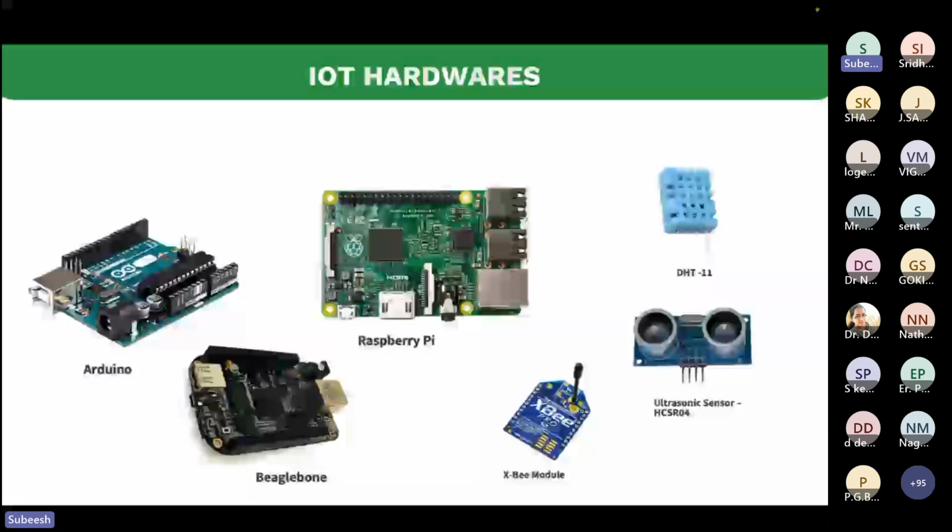So these are some of the IoT hardware. We have Arduino, Raspberry Pi, BeagleBone, and for transmission we have XBee module, and ultrasonic and DHT11 sensors. The list is big, but I just kept only two sensors here. We have water level sensors and moisture sensors, or there are different imaging devices. So these are the devices. Raspberry Pi and Arduino are most commonly used because they are easy to handle. For simple minimal applications, we go for Arduino, and if the application is a little more complex, we go for Raspberry Pi. And for even more extensive GPU-based systems, we have to go for Jetson. If you want to build more image-based solutions, Jetson will be a good option.